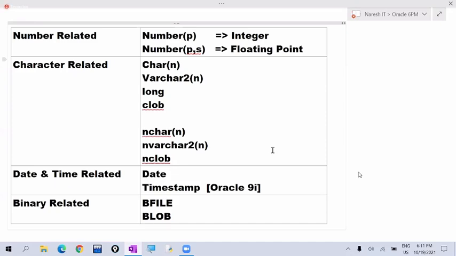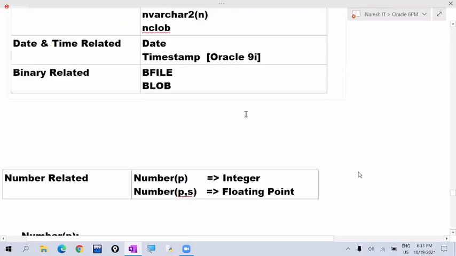Among these, we discussed NUMBER(P) and NUMBER(P,S) very clearly, and after that, we discussed a little bit on the CHAR data type and the VARCHAR2 data type.